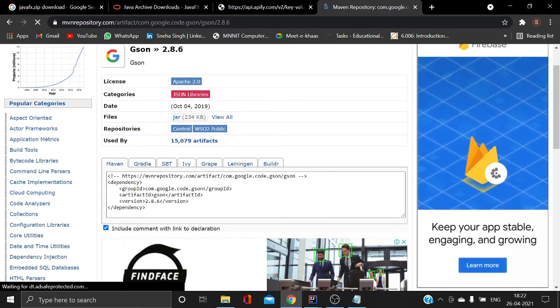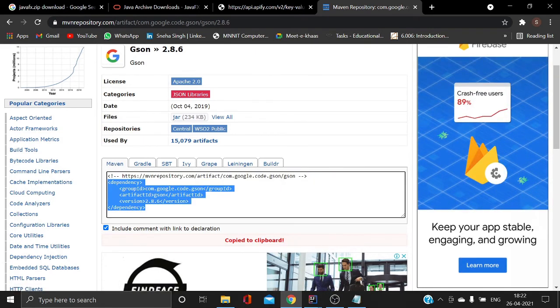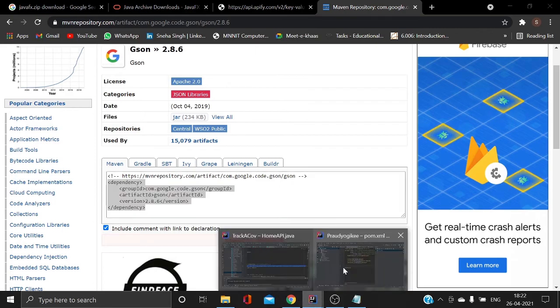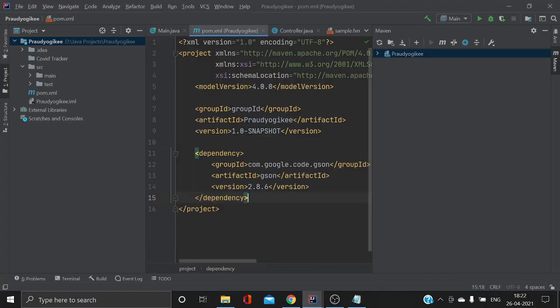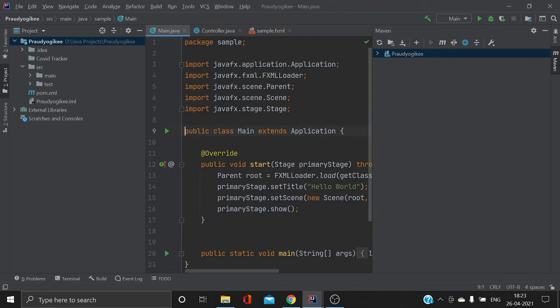And you can simply copy this data for the Maven framework and paste it here. You'll have to enclose it in dependencies. And you can refresh it. So we have finally added all the required frameworks and libraries to our project.